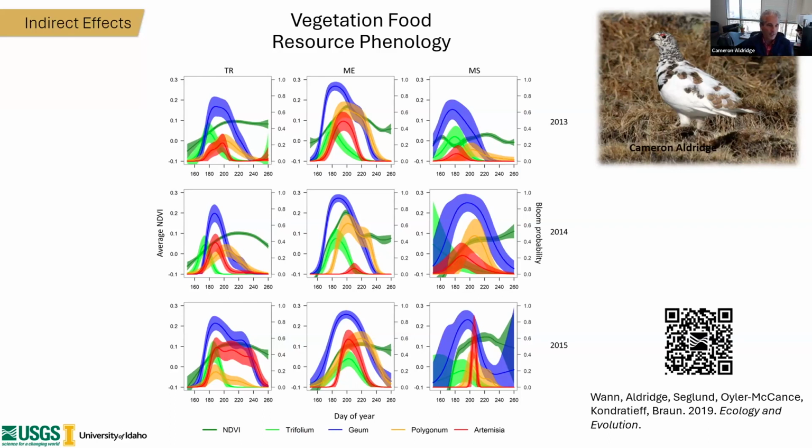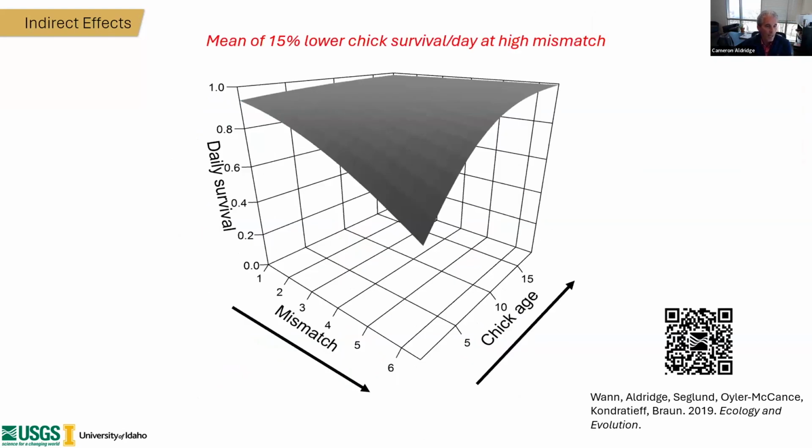So the difficulty is that that is shifting over time and advancing. We'll see that in a minute. What I'm going to show you next is the consequences of the mismatch. And so what we see, daily survival is on your y-axis on the left, and we have the mismatch in days, and this could be positive or negative. So if you miss the peak by 1, 2, 3, up to 30 days, and chick age on your z-axis on the bottom right. And we see daily survival changes drastically.